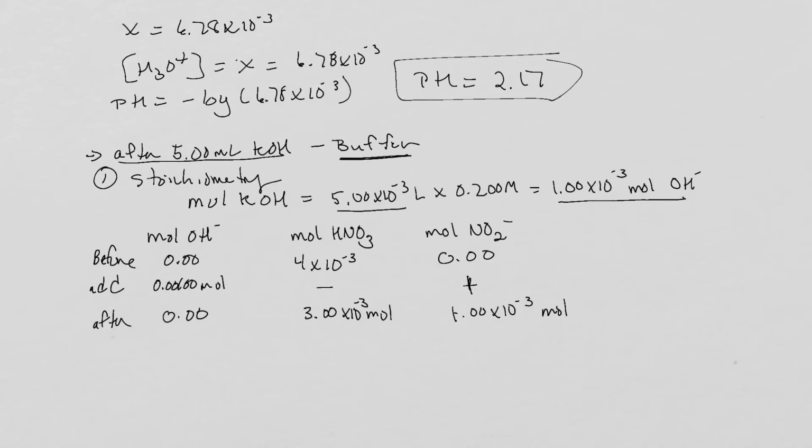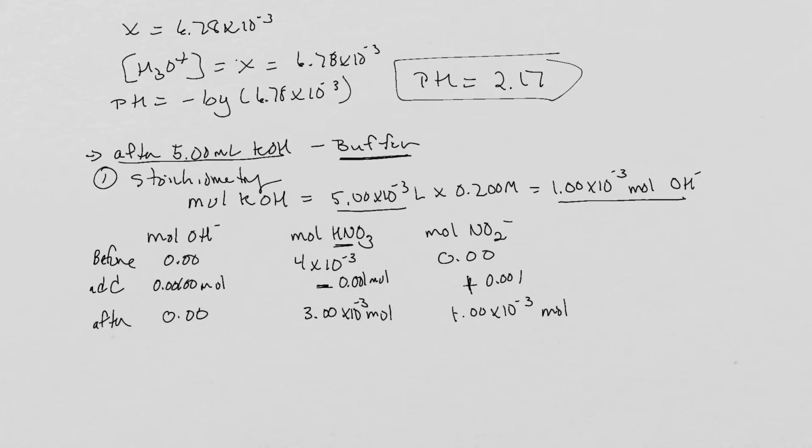So we add this 0.001 moles of hydroxide, and since we're adding base, it's going to cause the acid part of our buffer to react. So we're going to lose that many moles